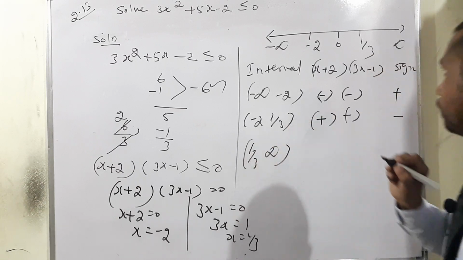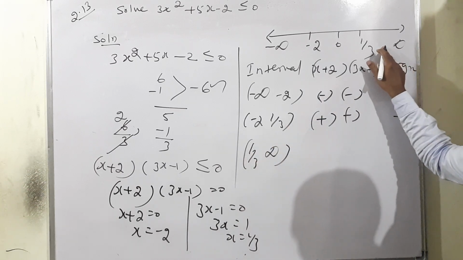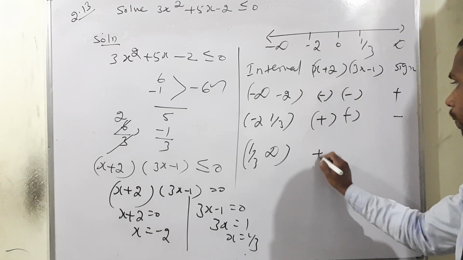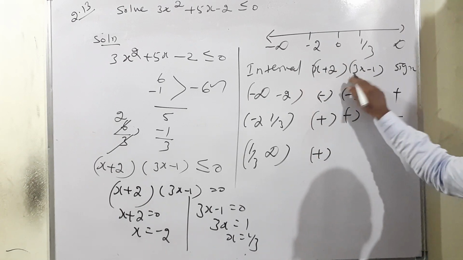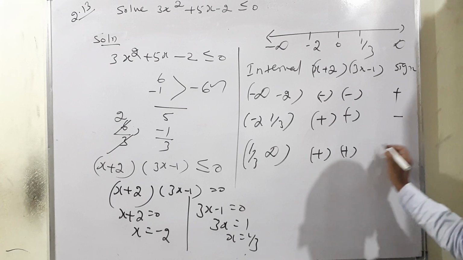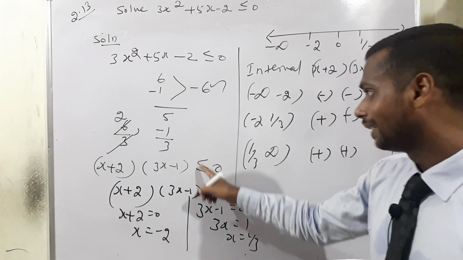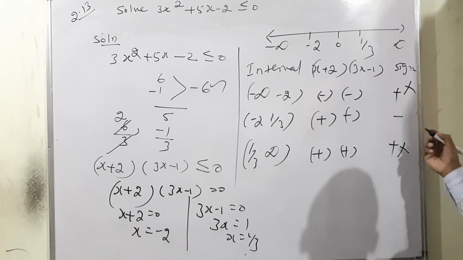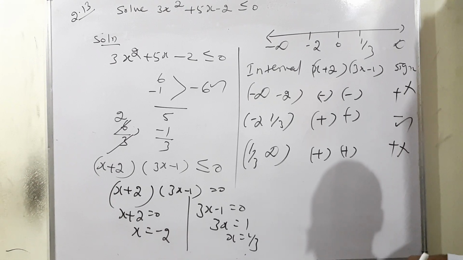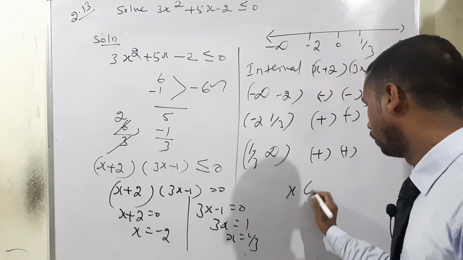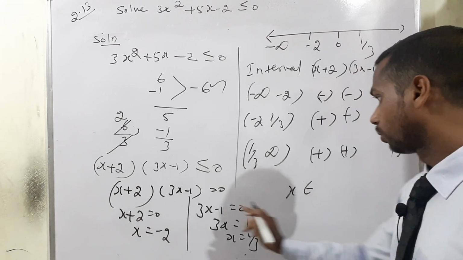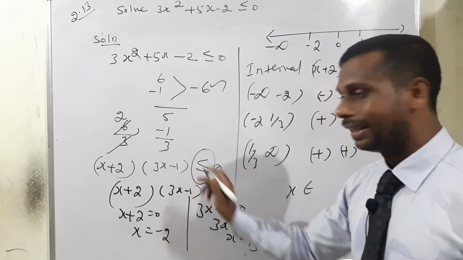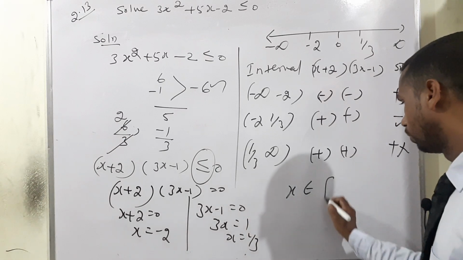What will happen? We can take 1 now. 1 plus 2, positive sign. 1 into 3, 3. 3 minus 1 also again positive. Plus into plus, plus. But the condition is less than or equal to 0, so the first and last intervals are not possible. The center we have to consider. Therefore, x belongs to the closed interval, because the condition has the less than or equal to symbol. Therefore, the closed interval,